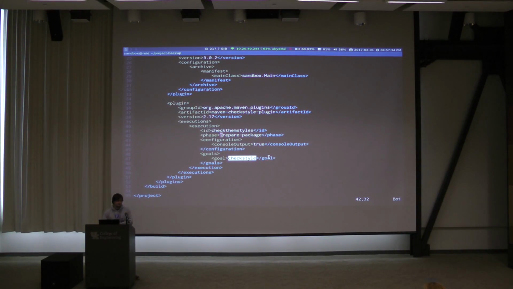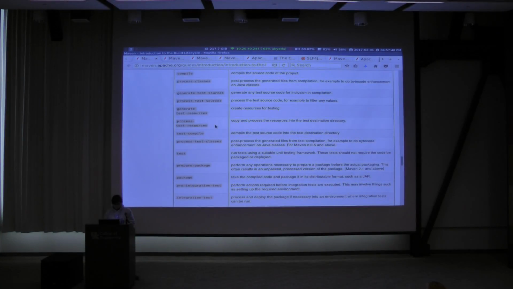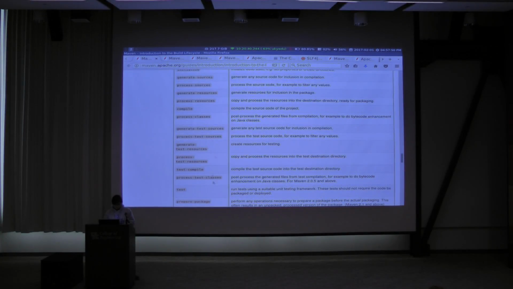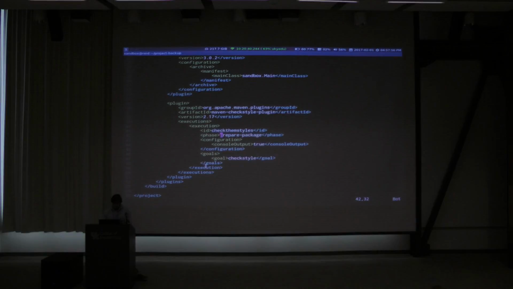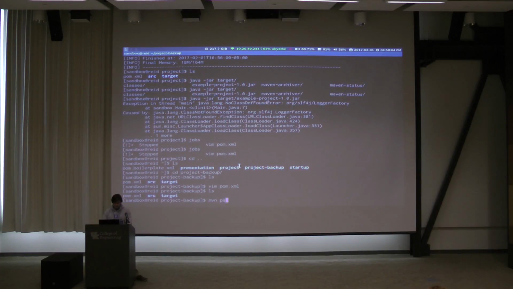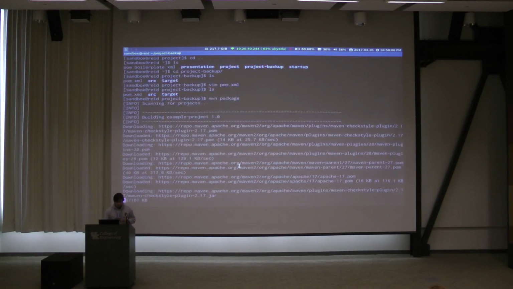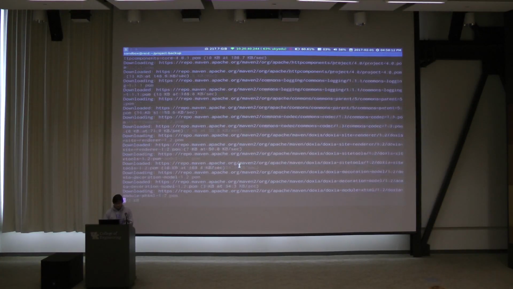Now that's something the plugin specifies. It has a checkstyle goal, and that's how you get the style guide out. This prepare-package phase is telling it when to run. And actually, if I jump over here real quick, let's see, where's it at? File, prepare-package right here. So that's a known default phase. So you can just take plugins that you want and stick them in here and hook them in wherever you want. And when you actually run Maven, which I'll do from this directory, it runs it. It knows what you want. And so after it finishes downloading a bunch of stuff again.